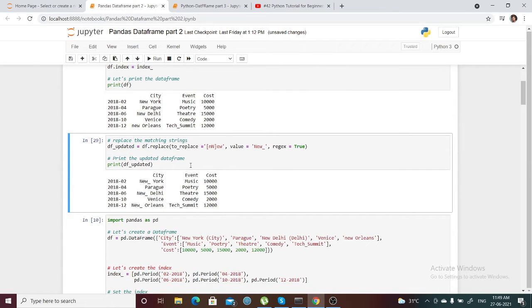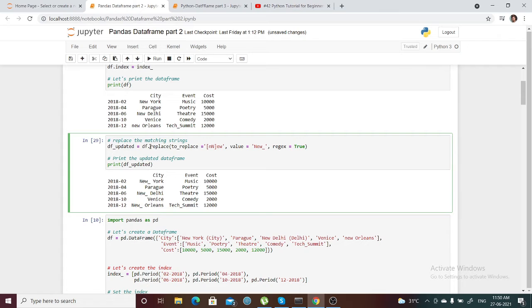So this is how it looks, and now to replace the matching strings. As you can see, I have some city names: Newark, New Delhi, and New Orleans. I want to replace this New with New underscore. So how to do that?